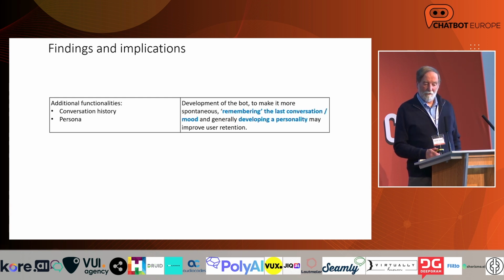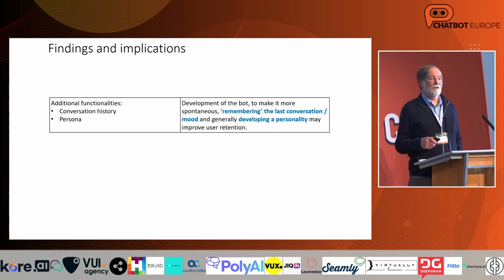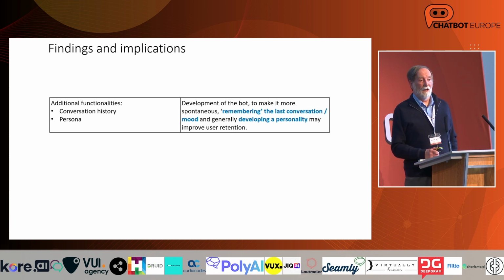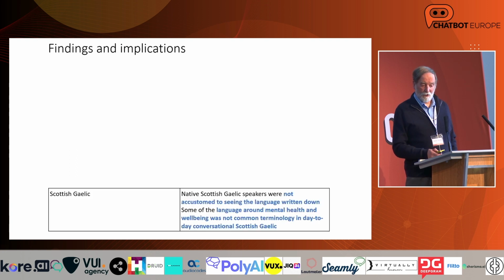Other people wanted to have more of a conversation history so that if you discuss certain things, it would know that and wouldn't then just offer it up to you again. But you can see that technically that gets to be more of a problem. Your menus then have to be dynamic and updated and so on. Some others would like to have had more of a persona for the system. Others wanted more adaptivity, so again, that's technically more challenging. It was beyond really what we had the resource to do.